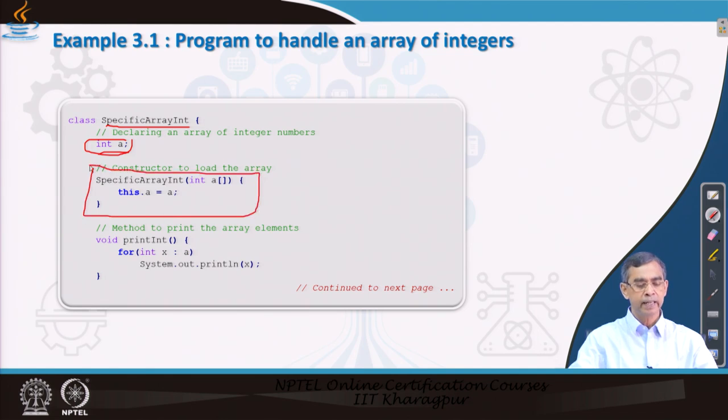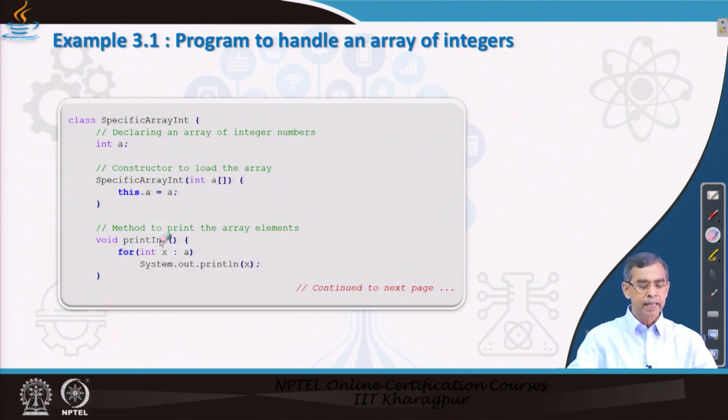That means we will pass to this constructor an array of elements and it will initialize it. So, this refers to the array, and whatever array is passed to this program will be initialized to this one. So, this constructor is to be defined here,